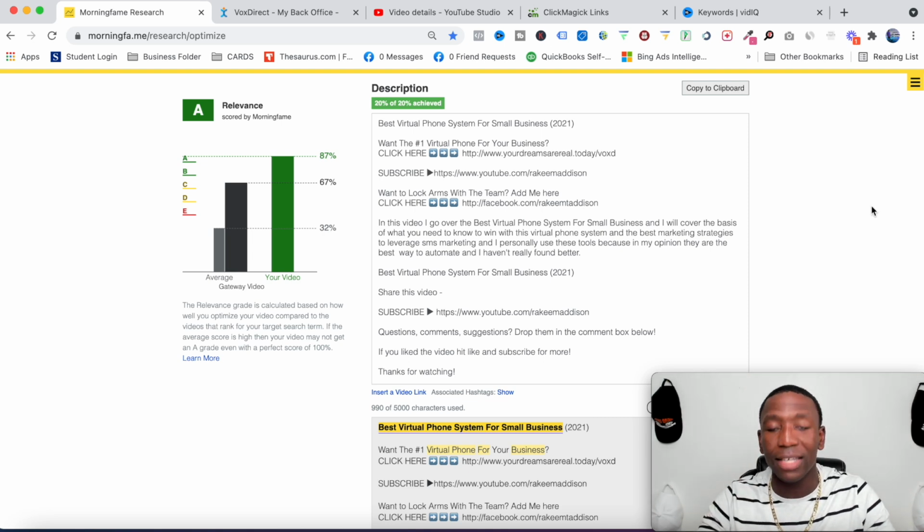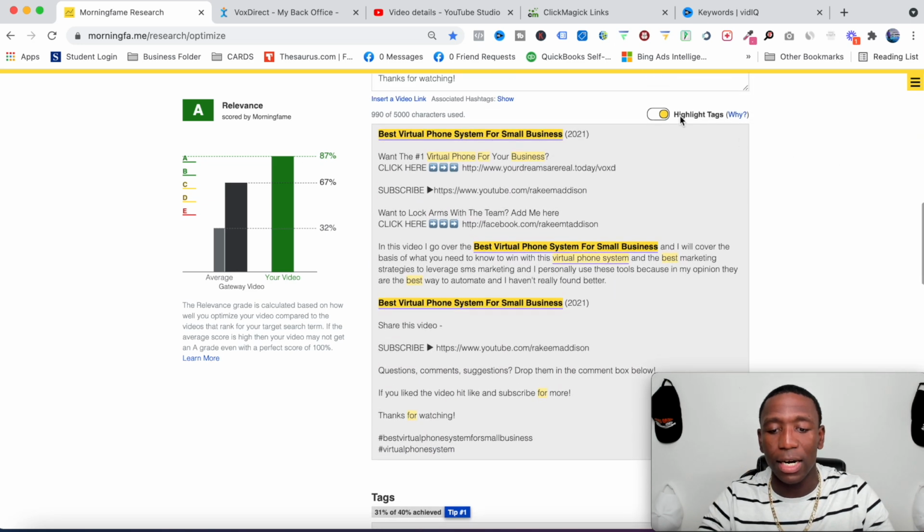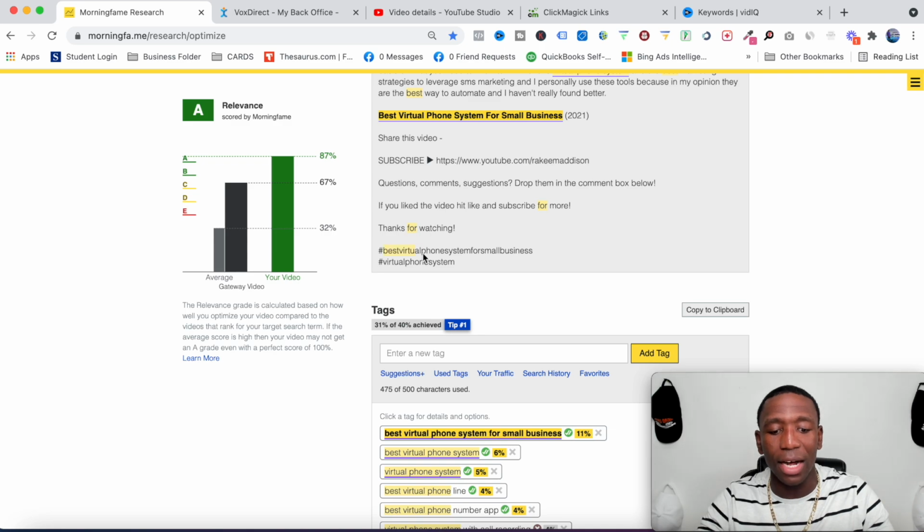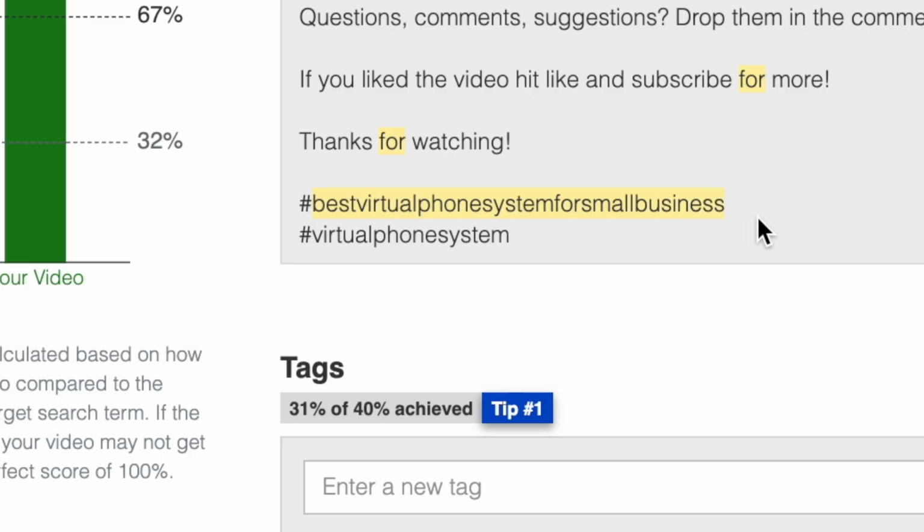And then I create a description that includes my main keyword 3 times. All right. So how do you know it's in there 3 times? I turn on the keyword density tool just like that. Boom, there's my keyword. There's the keyword again. And there's the keyword again. Right. And then I have some similar keywords in there as well. And what I do is I also use the hashtag. So down at the bottom, you can see right here, best virtual phone system for small business and virtual phone